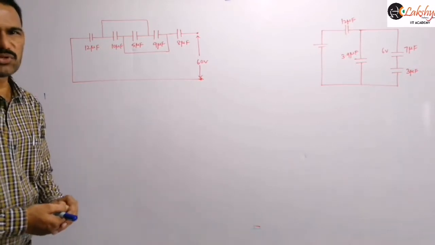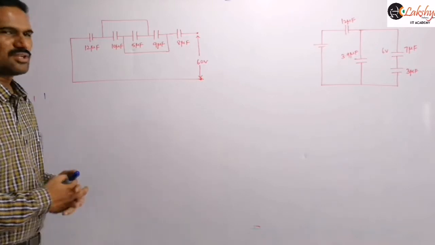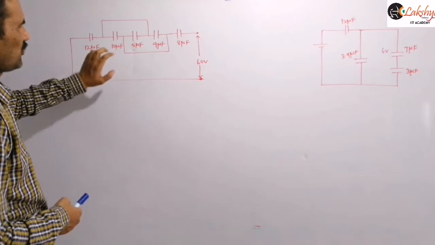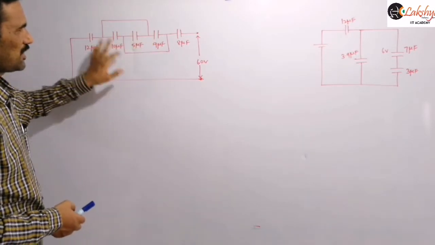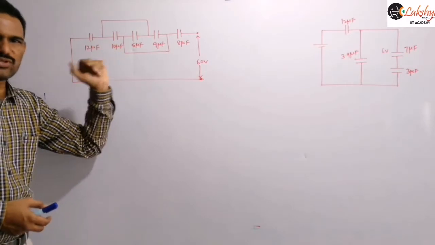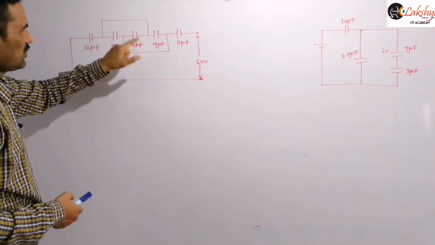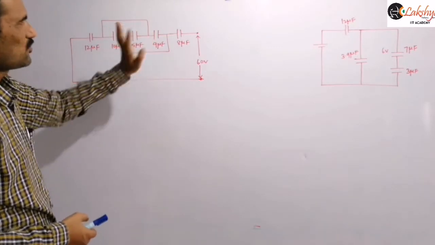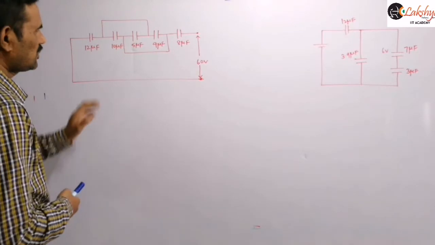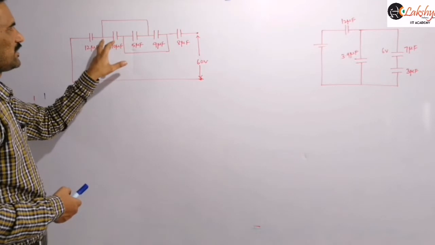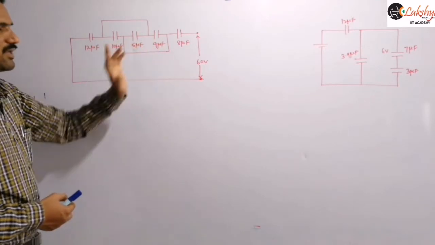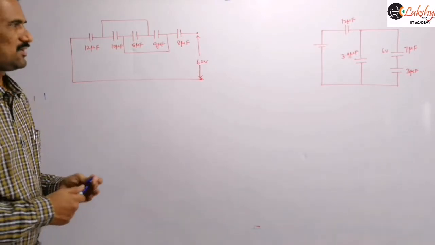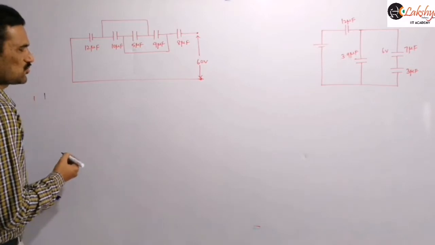I am trying to calculate the potential difference here, because if you calculate the potential difference, you can calculate the energy easily. If you observe the circuit, some connections were given by a conducting wire. Such a problem we just solved, right? Whatever potential is there here, the same potential is there here, and whatever potential is there here, the same will be there here. So these 3 capacitors, 9, 5 and 10, are in parallel. We can redraw the circuit like this.